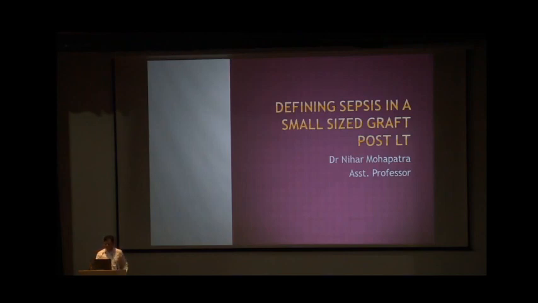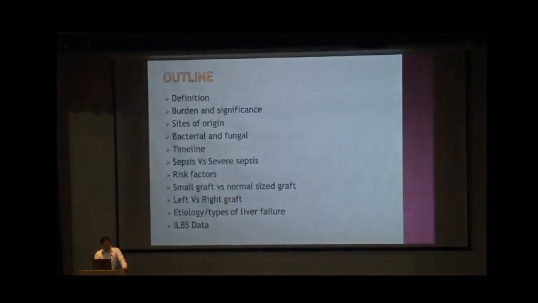My topic is defining sepsis in a patient with small size liver graft. I'm going to cover my topic under these headings: definition, what is the burden and the significance, and how sepsis affects the overall outcome of the liver transplantation, source of origin of the sepsis, bacterial and fungal, these two I am going to cover, the timeline of sepsis, post-transplant period, sepsis and severe sepsis, and what are the risk factors,